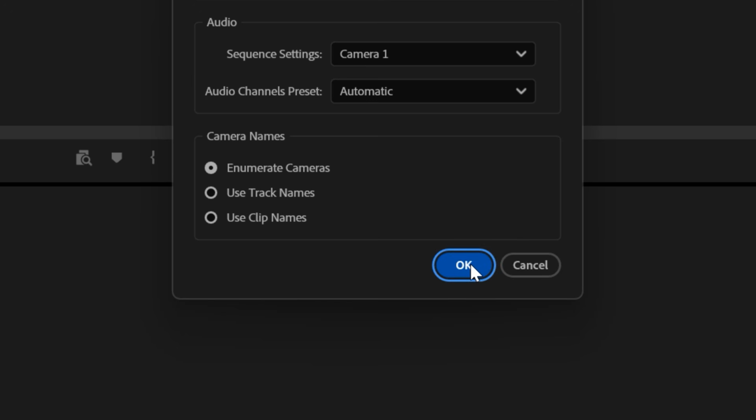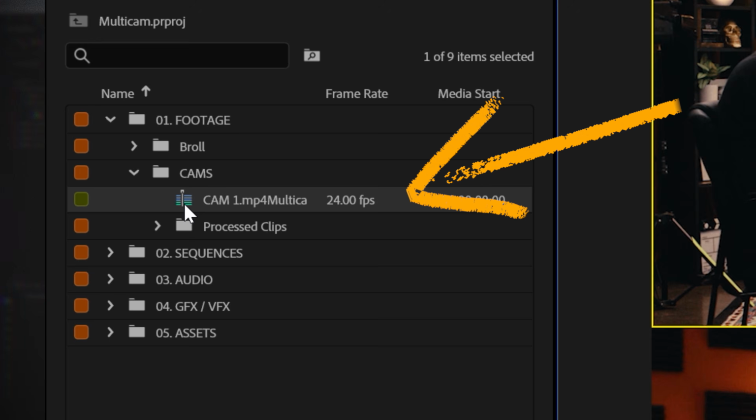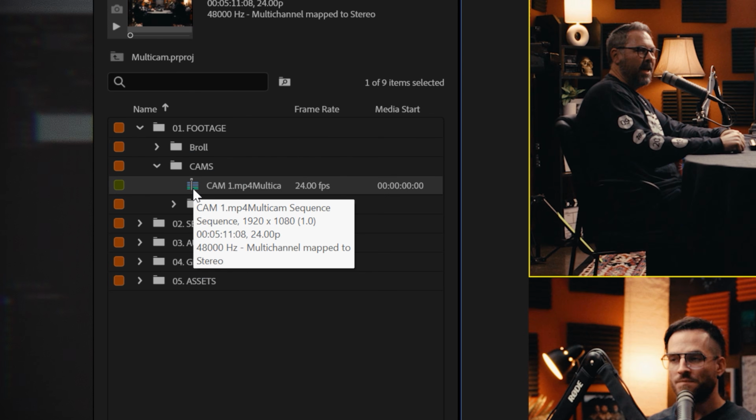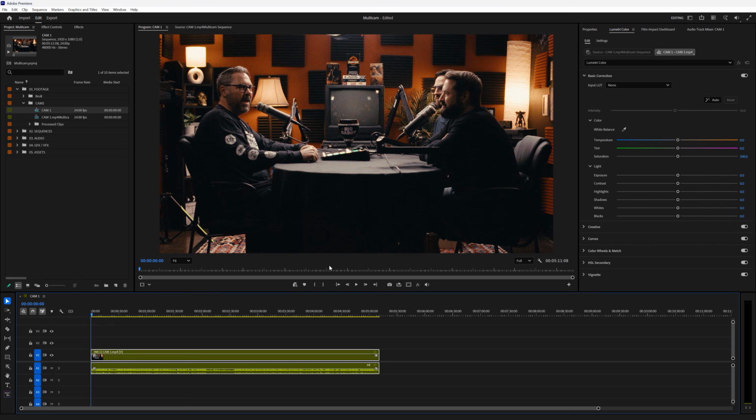Now we'll click OK, and Premiere will create your multicam source sequence. This is a nested sequence containing all of your clips synced and ready to switch between. To use it, drag the multicam sequence into a new timeline like any other clip, then go to the program